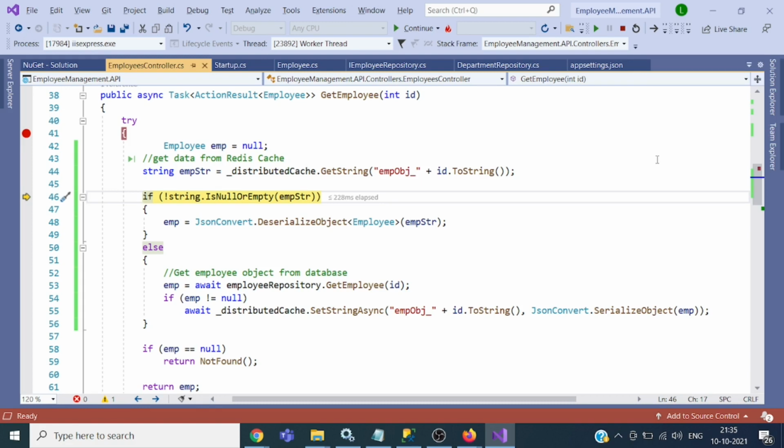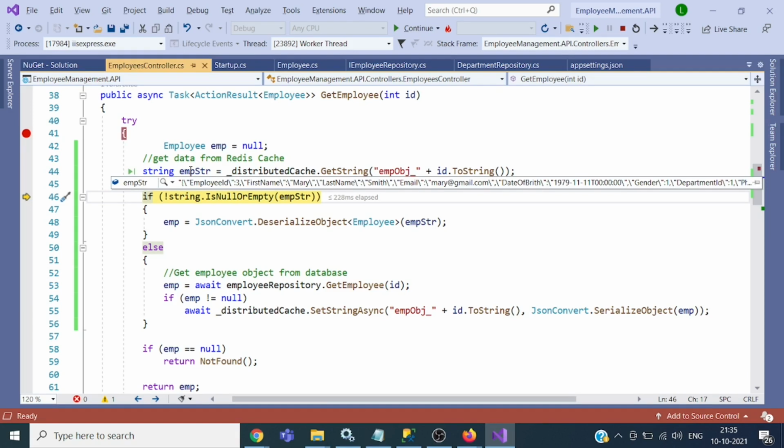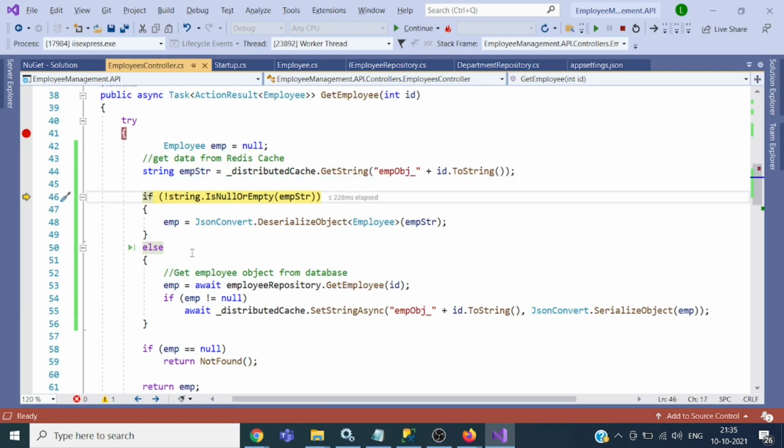And since in previous step we have added in cache, so it should be there. You can see for employee ID 3 we have the data. So now we will deserialize in employee object, and that will be sent back to client.